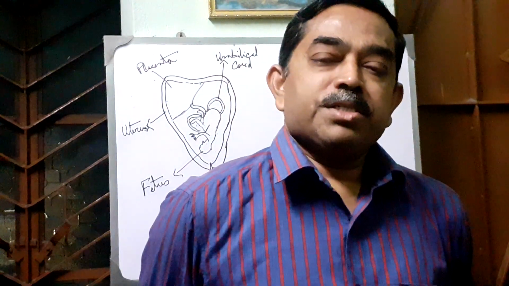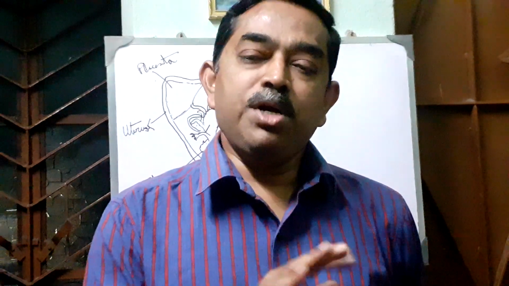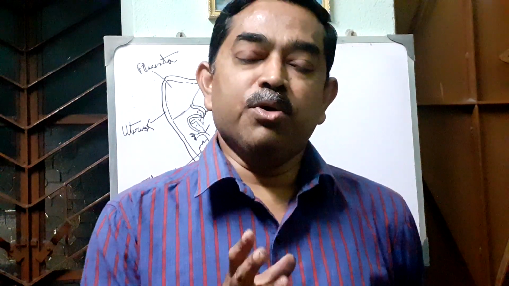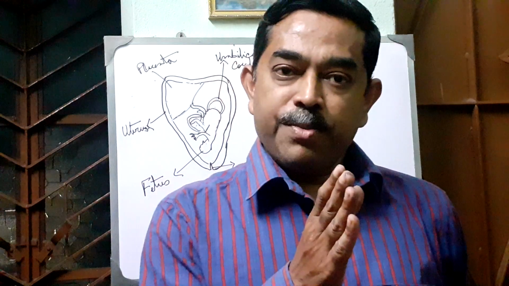In my last video, I discussed the blood groups, the four types of blood group. There are four types of blood group: A, B, AB, and O. I have also told in that video that the